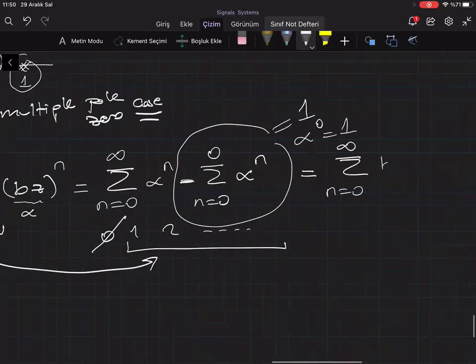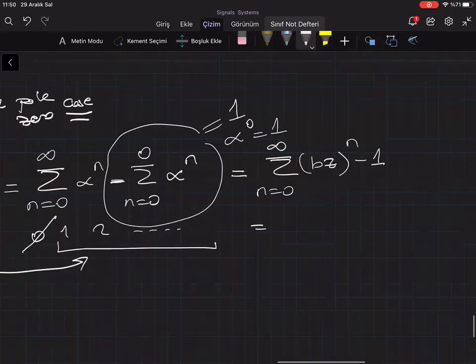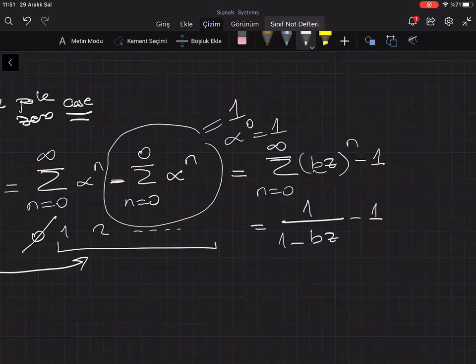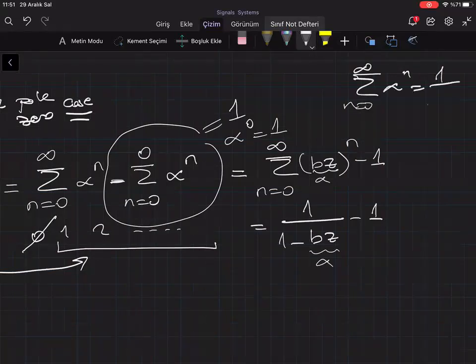What is alpha? Bz to the power n minus 1. Then I will have 1 over 1 minus bz minus 1. Because now alpha will be here: 1 over 1 minus alpha. If you remember, from 0 to infinity, alpha to the power n is equal to 1 over 1 minus alpha. Okay? So now,